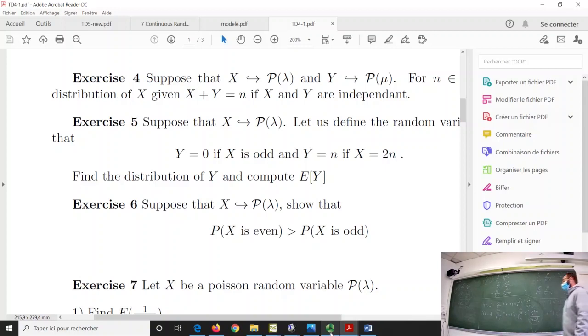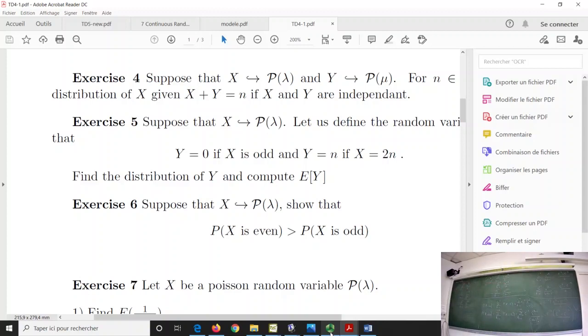Bernoulli, you flip a coin. Binomial, you flip a coin independently several times, and you count the number of heads, for example. And for the geometric, you flip a coin until you obtain the first head, let's say, and you obtain this way a geometric. For the Poisson, I wasn't able to give you